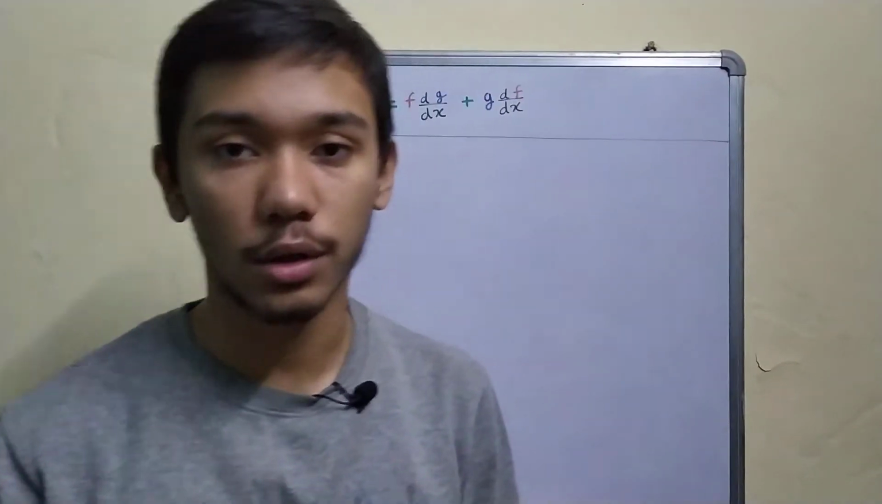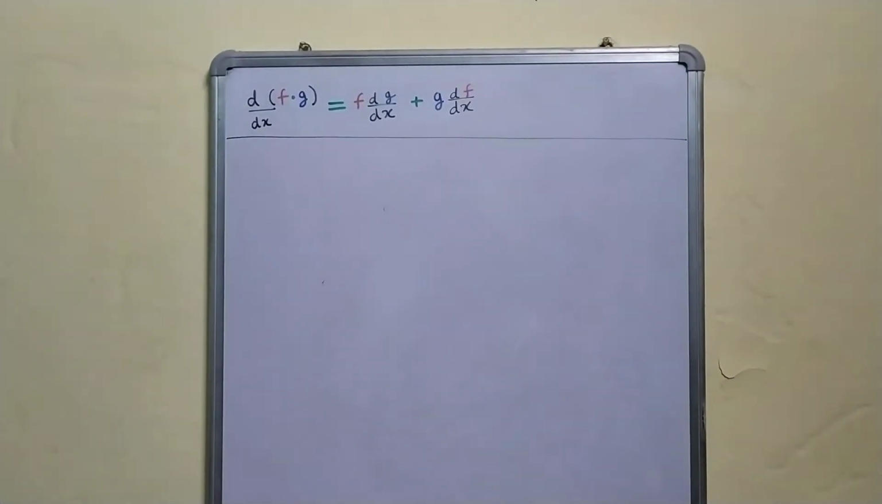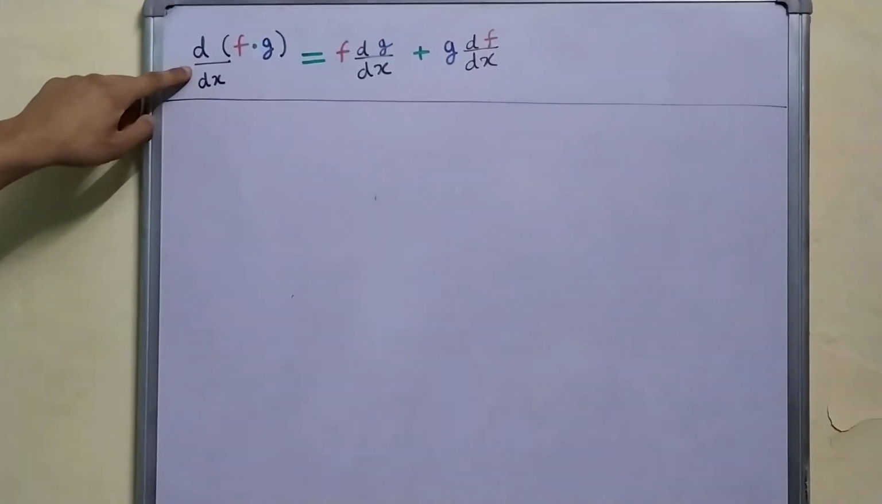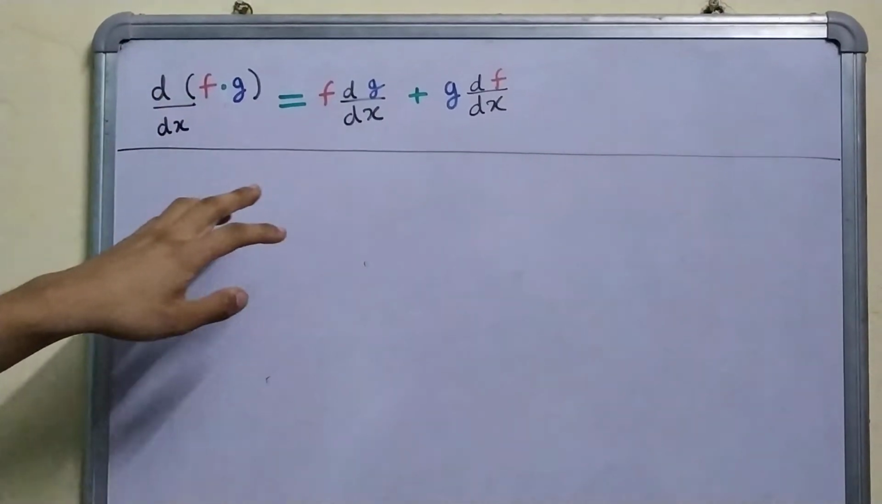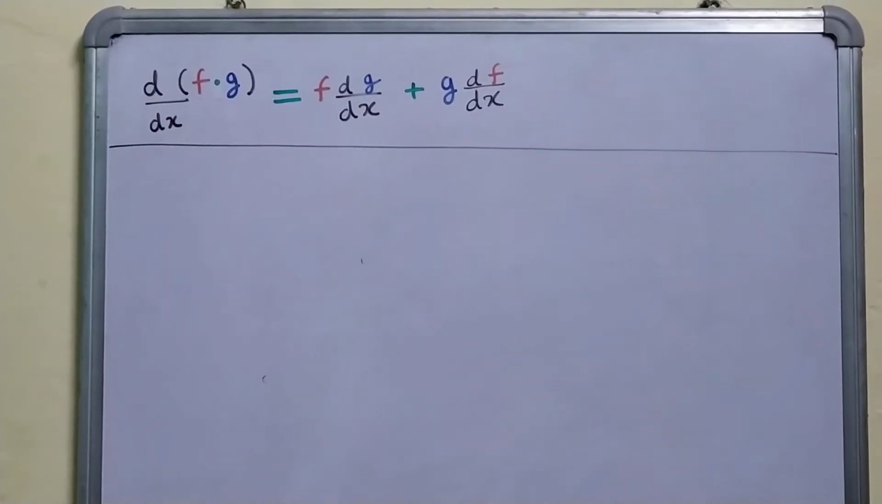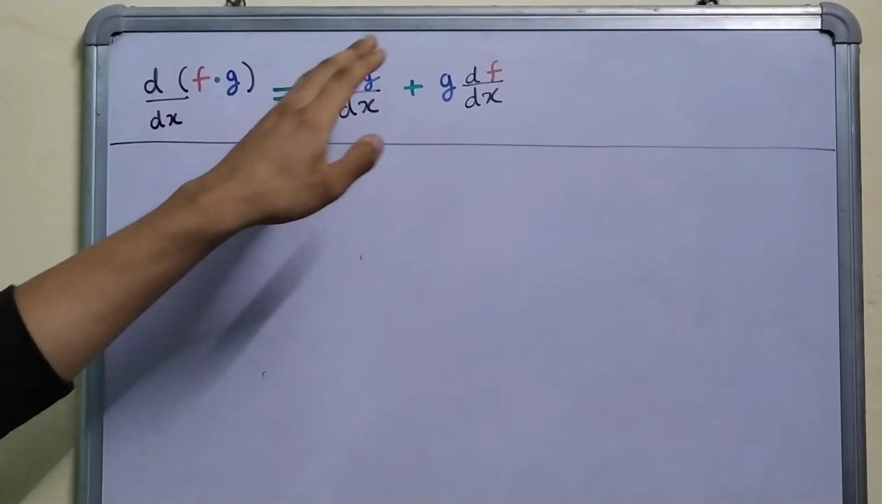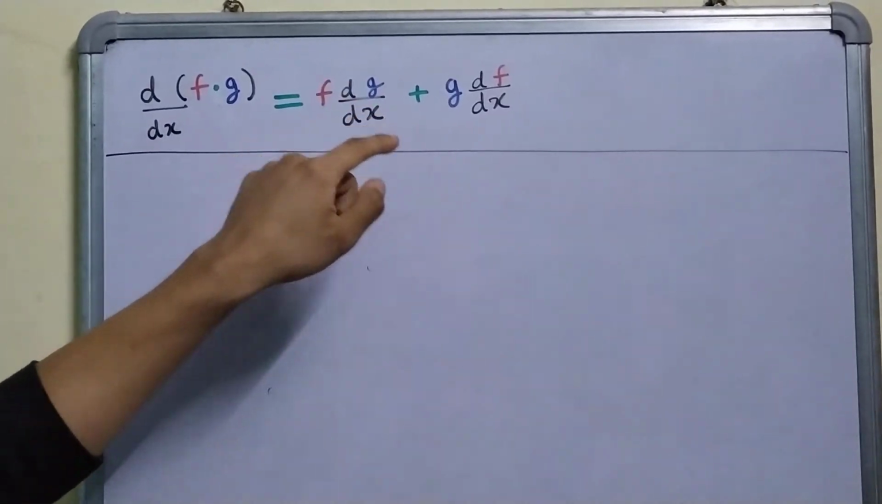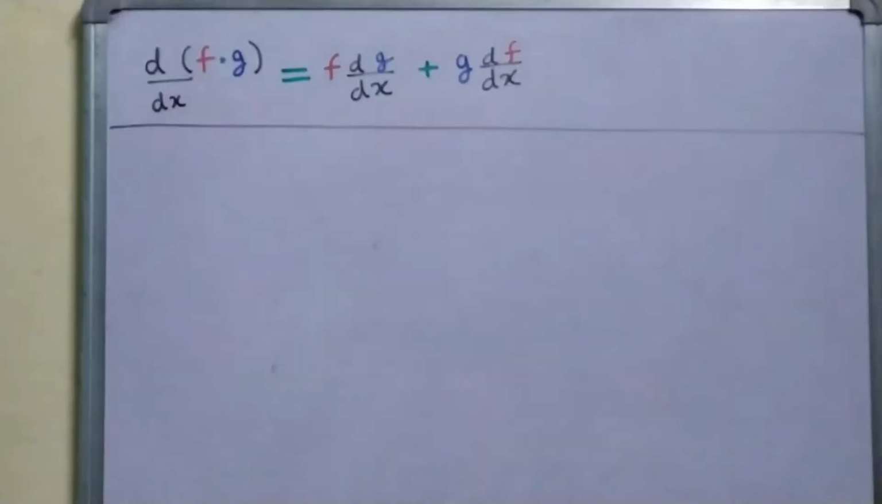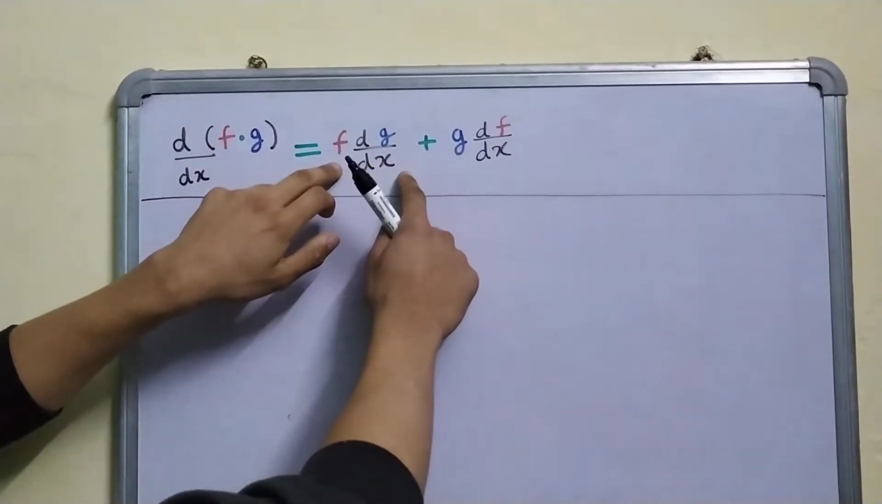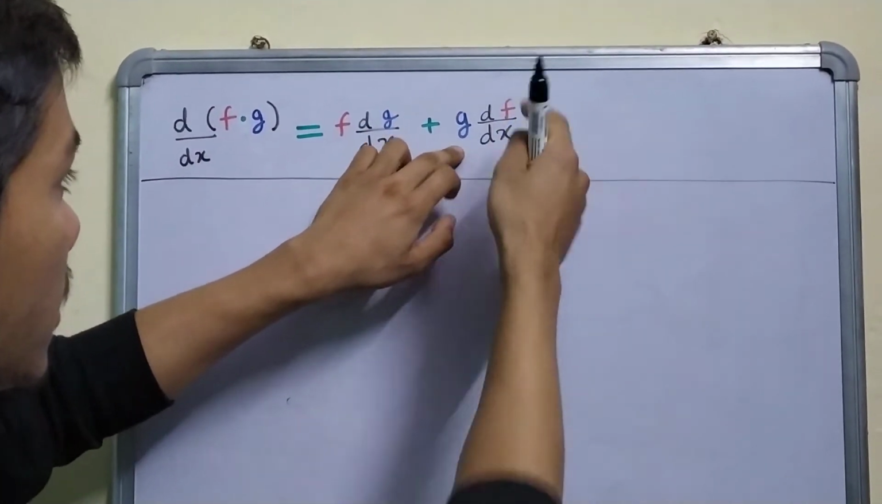Hello everyone, in this video we will be proving the product rule for derivatives. So you have differentiation of the product of two functions f and g, they both are functions of x, is equal to f times the derivative of g plus g times the derivative of f. So you are treating f as constant, then differentiating g, and then treating g as a constant and then differentiating